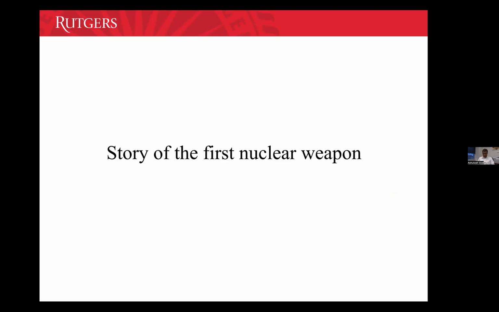Having said that, the story of the first nuclear weapon. I don't know what you know about how we came across this. How did we develop our first nuclear weapon? You must have heard about the Hiroshima-Nagasaki incident, where the United States dropped 2 atomic bombs on the cities of Hiroshima and Nagasaki in Japan to end World War II. That led to the culmination of World War II. But how did those nuclear weapons actually come into the picture? How were they developed? What's the story behind them? Let's go with that.